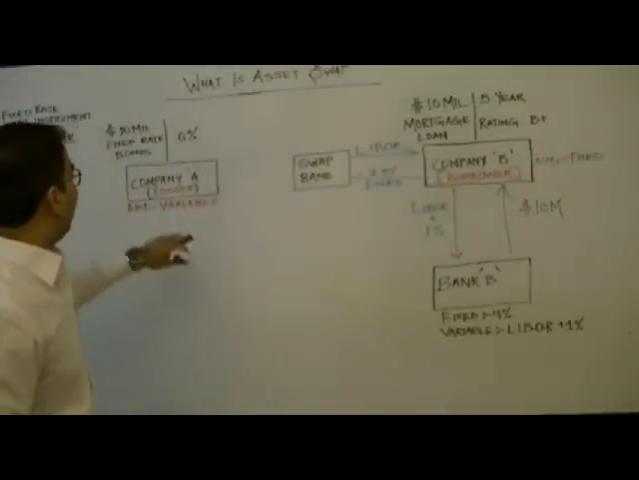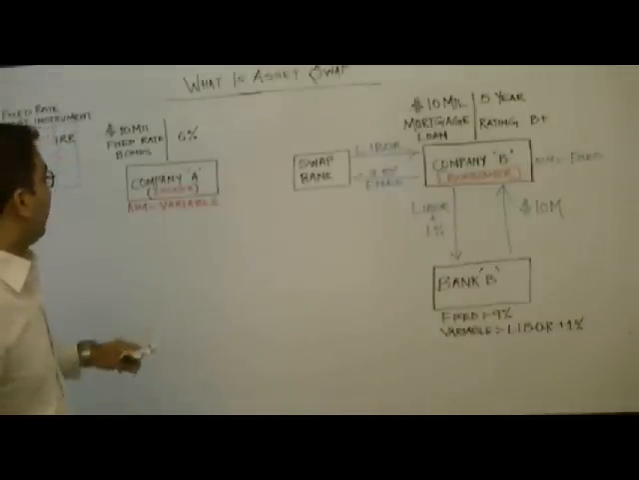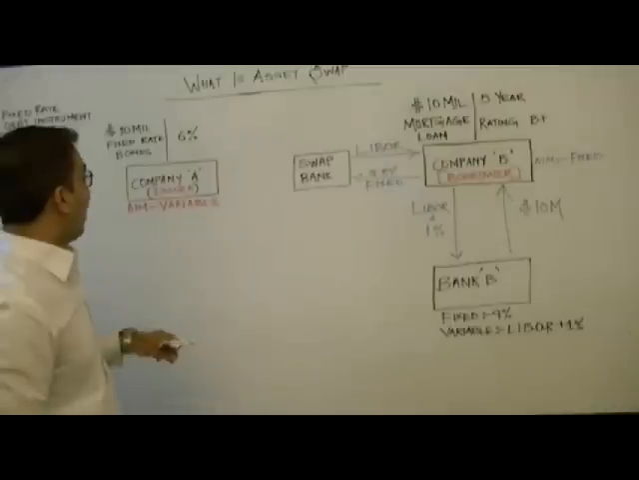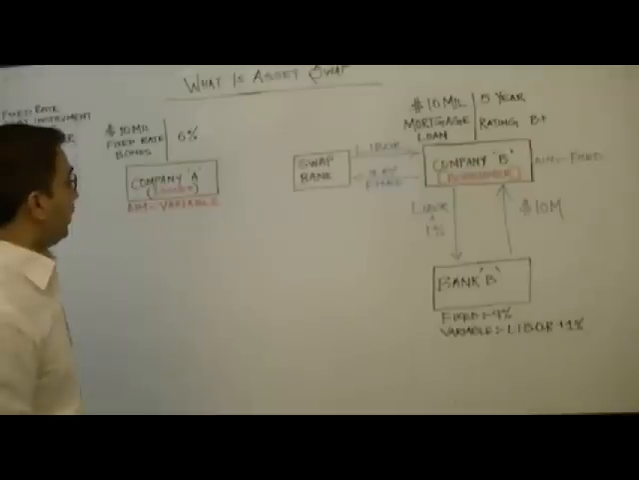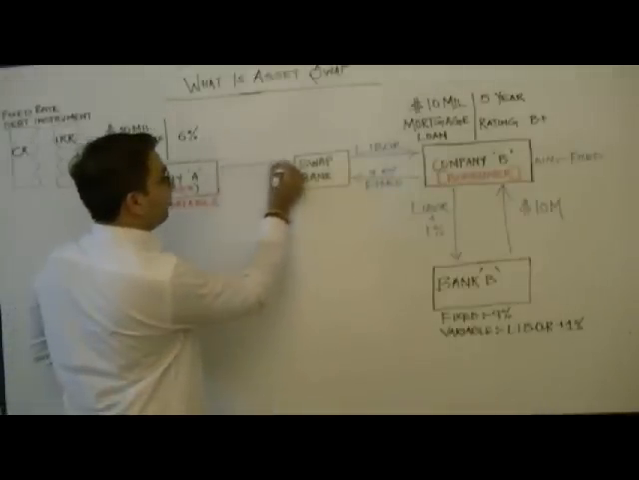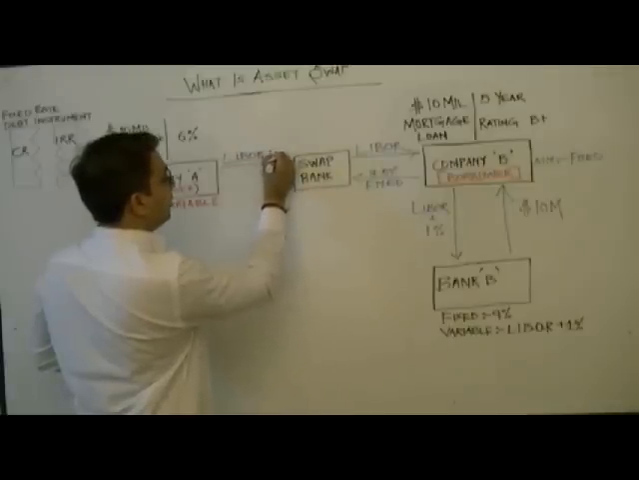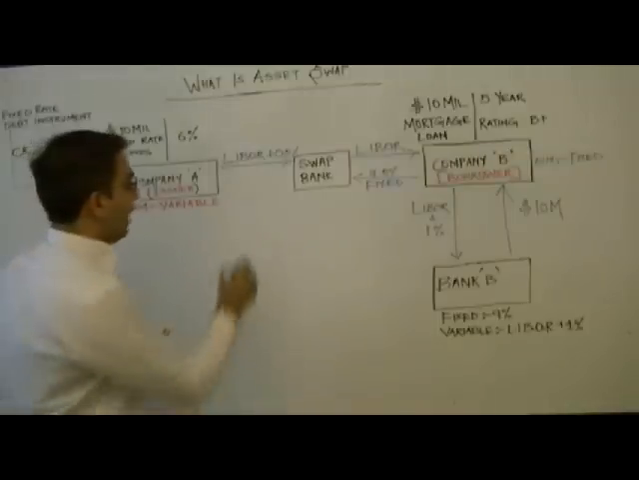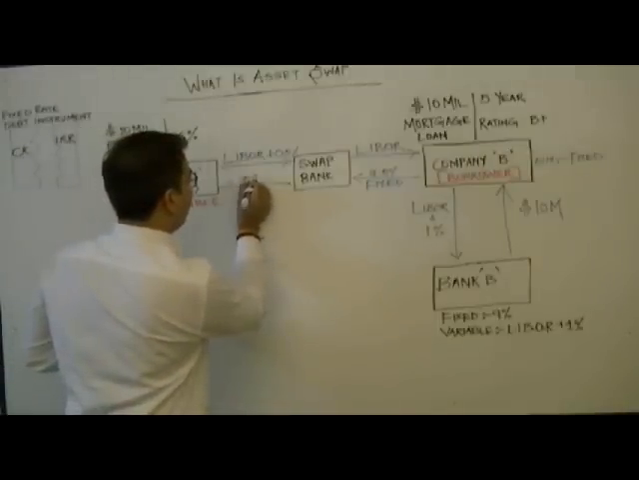Swap Bank went to company A and said, I know that you would like to swap your fixed interest rate with a variable interest rate. So do one thing: you pay me LIBOR plus 0.5% and I will pay you back 7%